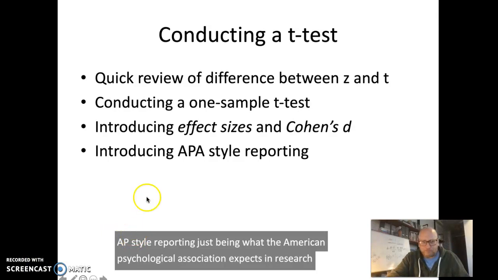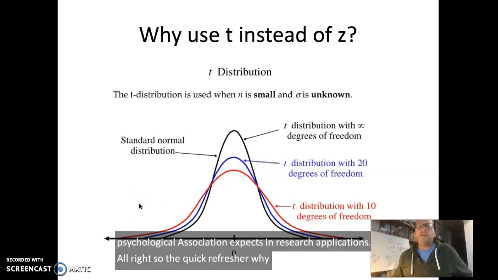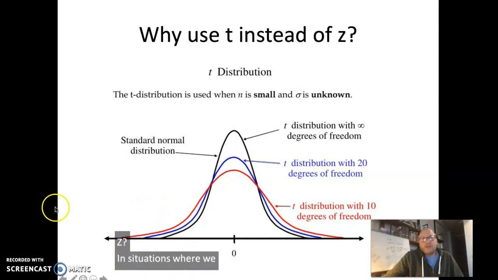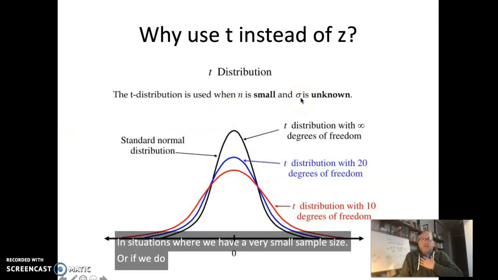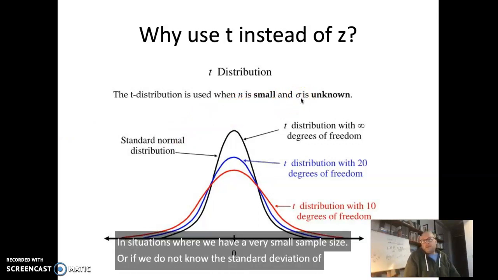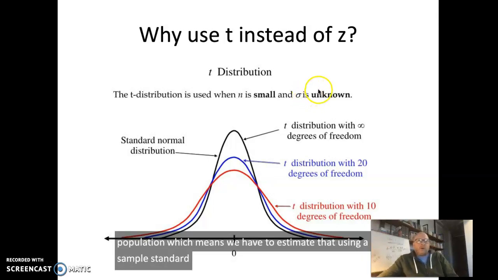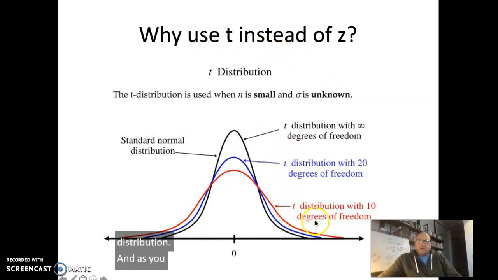All right, so quick refresher, why do we use t instead of z? In situations where we have a very small sample size, or if we do not know the standard deviation of the population, which means we have to estimate that using a sample standard deviation, we're going to use the t distribution. And as you probably recall, sampling distributions